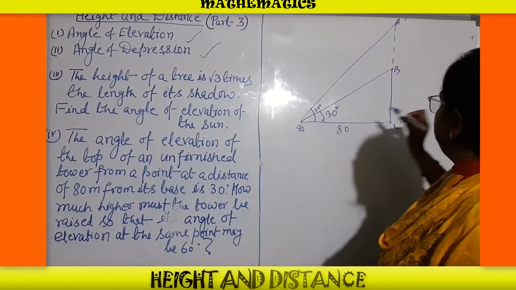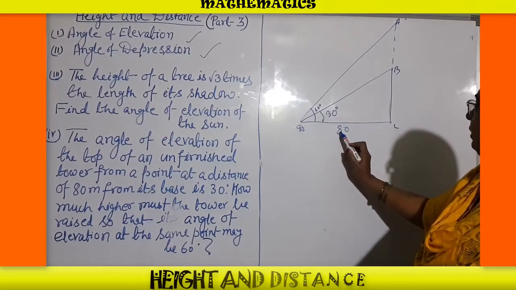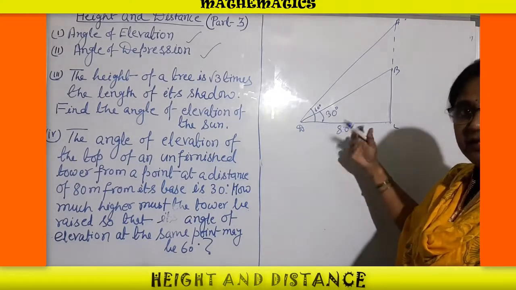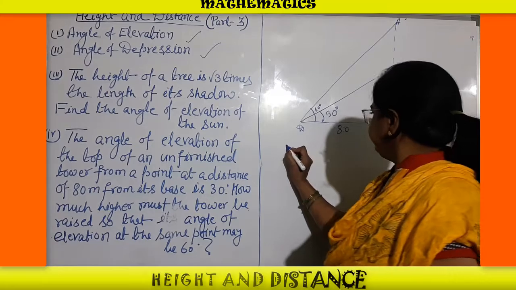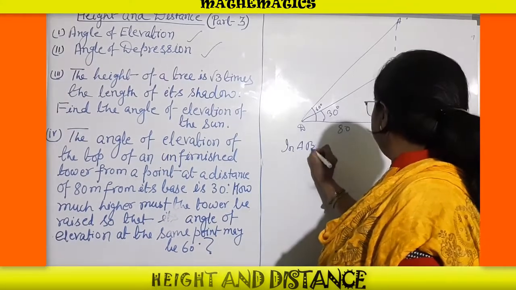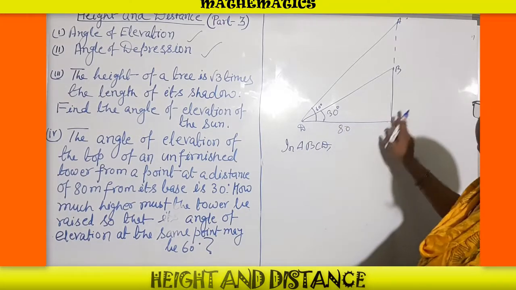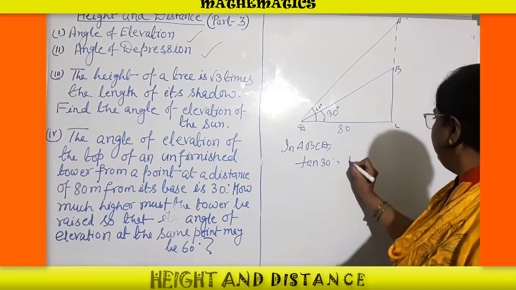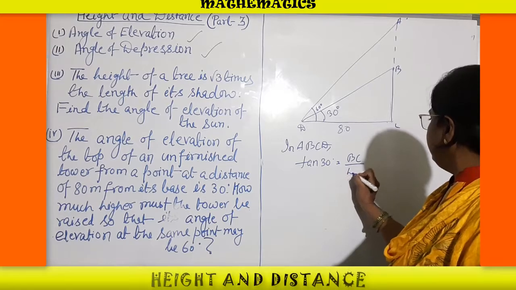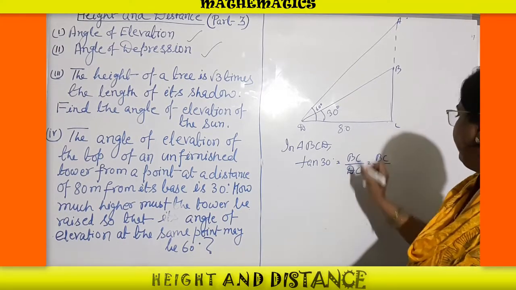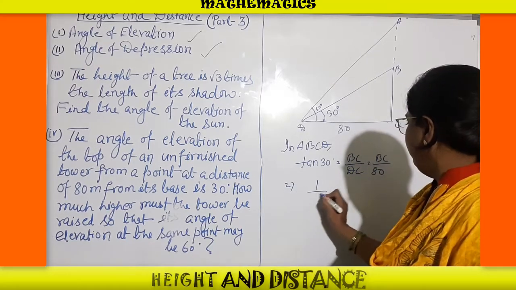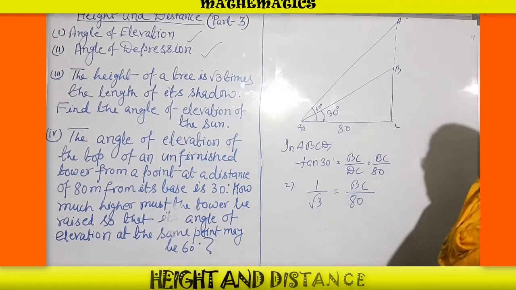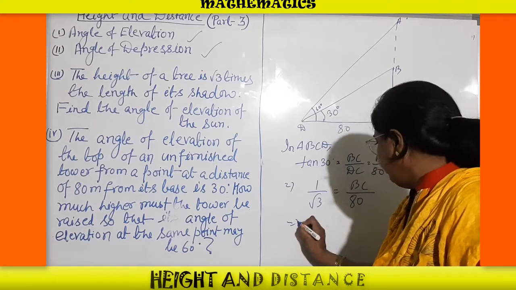Then how will we start? It will be easy to find out. There, 30 degree and 80 are given. Take triangle BCD. Its base is 80 and the angle is also given. Then it is easy to find the length BC. In triangle BCD, the base is 80 and the height BC is not given. So tan 30 degree is equal to perpendicular by base, BC by DC, which is BC by 80. And tan 30 degree is equal to 1 by root 3. So BC by 80 equals 1 by root 3. We have to find BC. Now by cross multiplication, BC is equal to